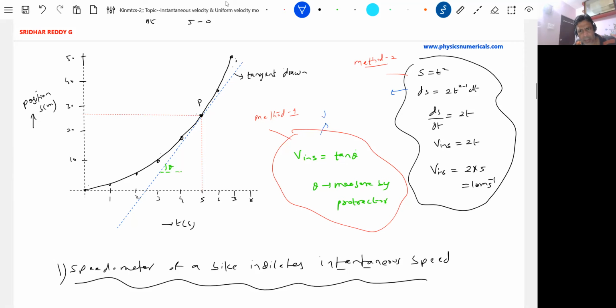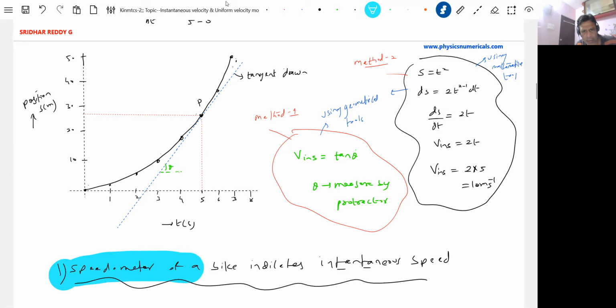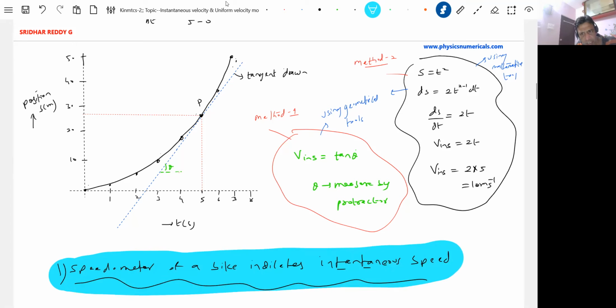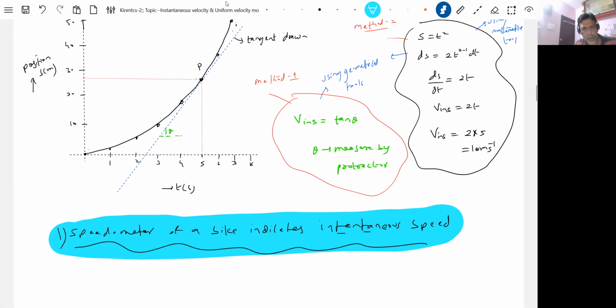This is using geometrical tools. This is the mathematical tool. Tell me which one you will prefer. Definitely this one. So if you learn the differentiation tool, it will be much easier. The best example is, today you can try with your bike. The speedometer of the bike will indicate the instantaneous speed. This is one simplest example I'm giving. Okay, now we'll